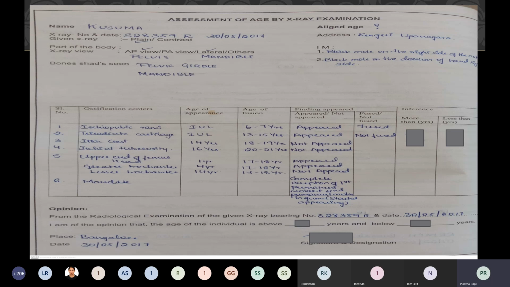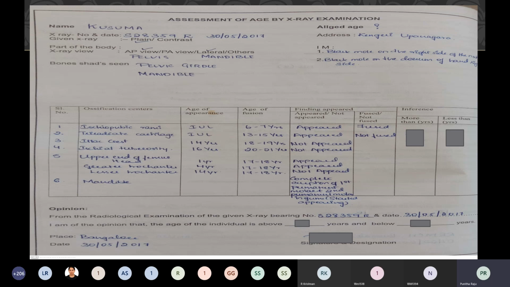So why do we get the X-ray examination? Right now we get it only for sexual offence cases. If there is any rape case, they get both the accused as well as the victim for examination. We should tell the age of the accused and victim. Indirectly, whatever punishment is given will depend on the age.